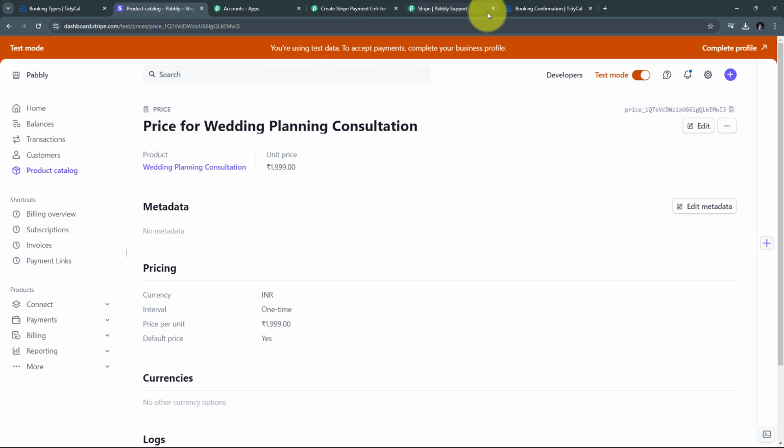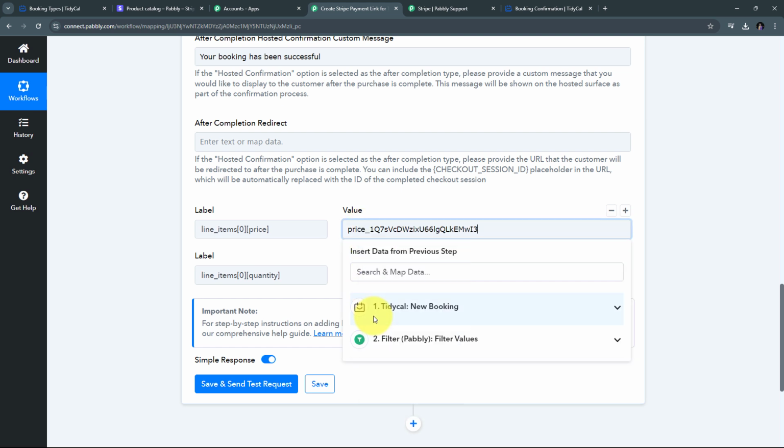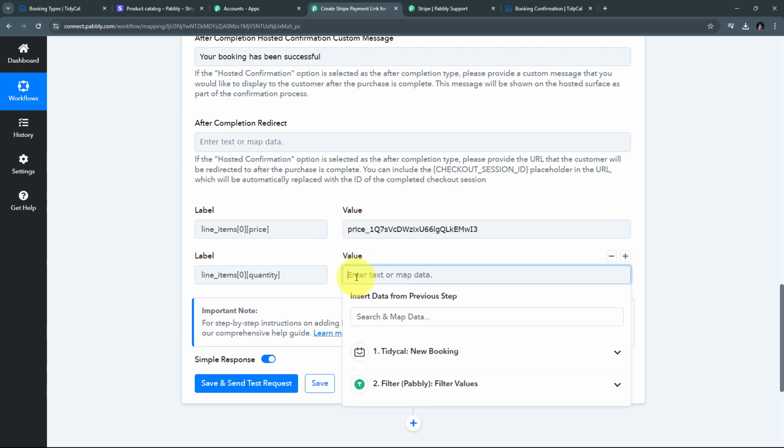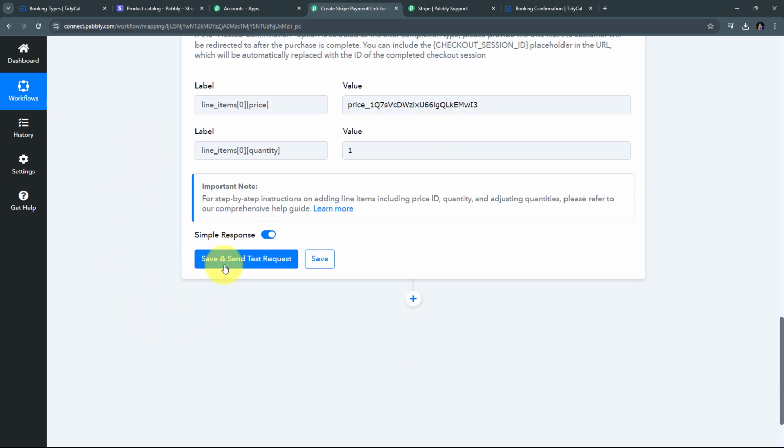I will go back to Pabbly Connect, and I'm going to paste that here in the value field. So this is my particular price ID for my payment link for my TidyCal booking for my wedding planning consultation. Now I have to give the quantity, and here I'm going to keep the quantity as 1. Now I have filled all the required details for my booking. Now I'm going to click on the Save and Send Test Request button,